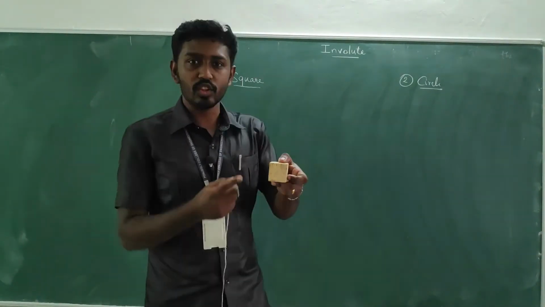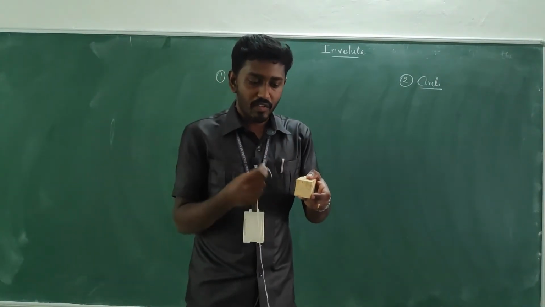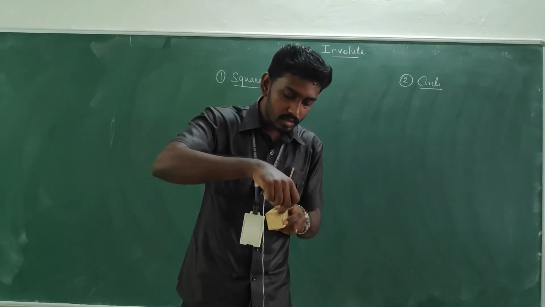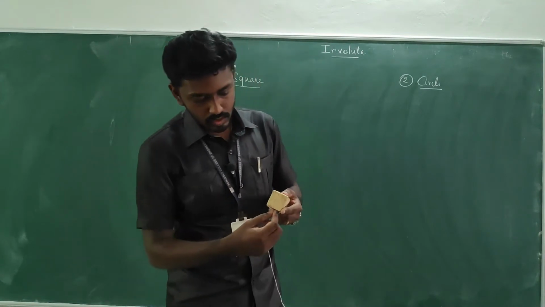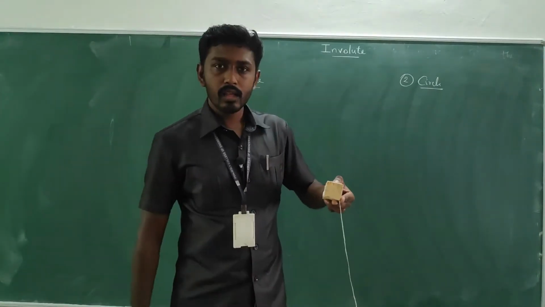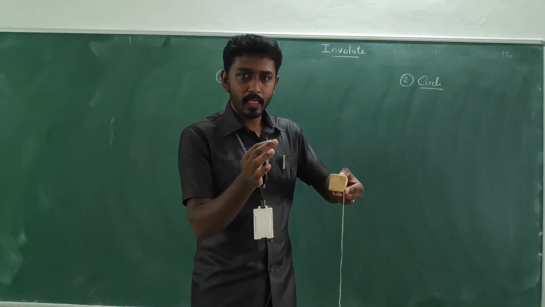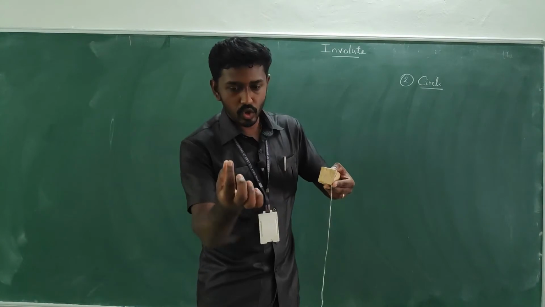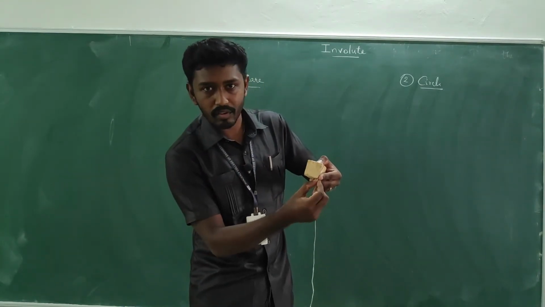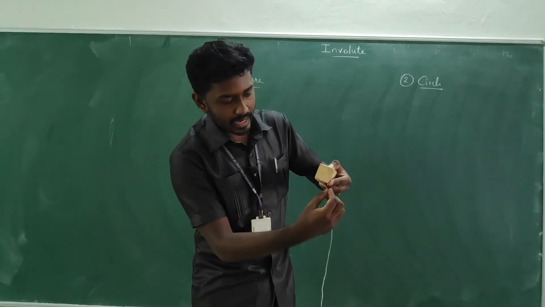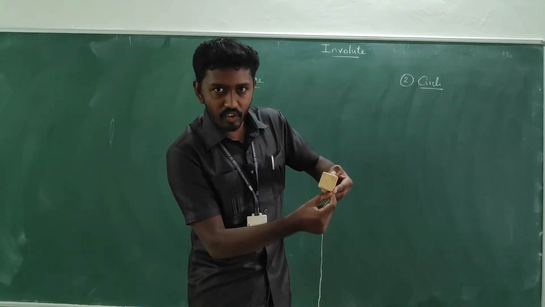Right? Fine. So this is the square object. What I am going to do is wind it first. This is how I am going to wind. This is the thread, right? So this is how I have wound. What's the definition? Yes, it's a curve generated by the end of the string. So just look at this thumb. This is my end of the string for one wound. This is the one tan. From here I am going to unwind, right? So now I am just going to unwind it.